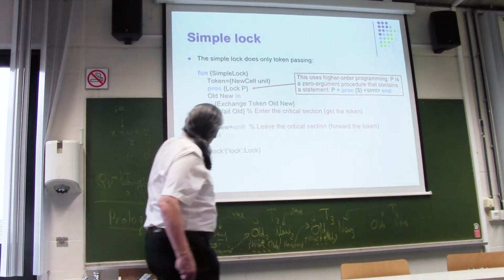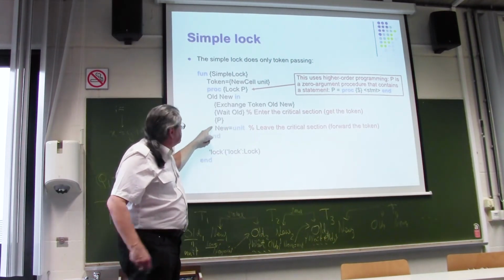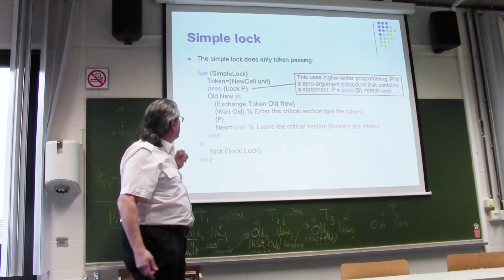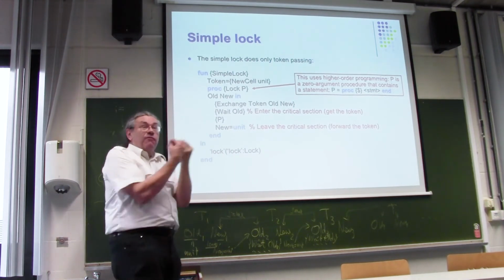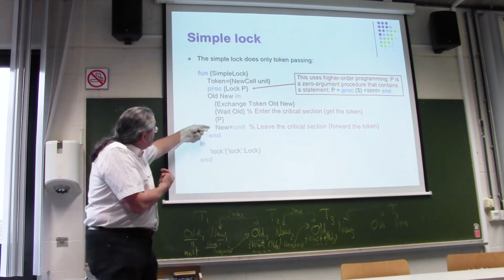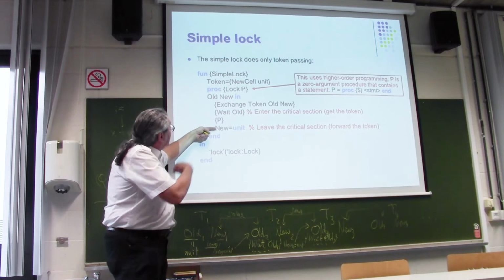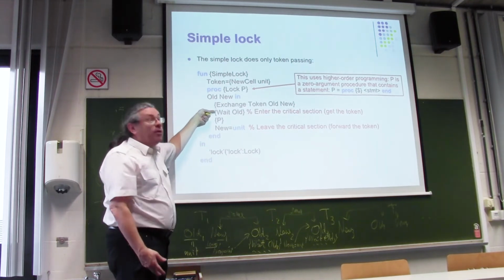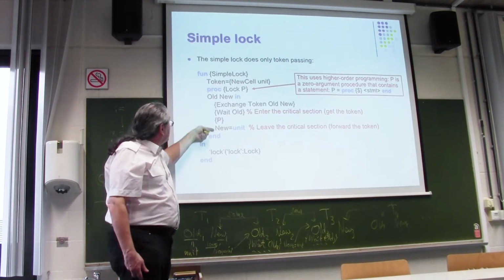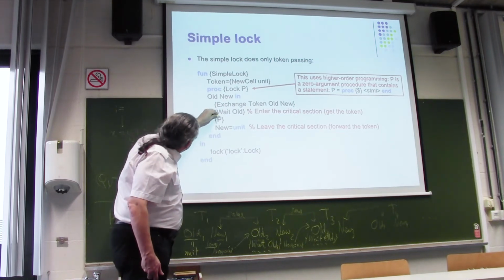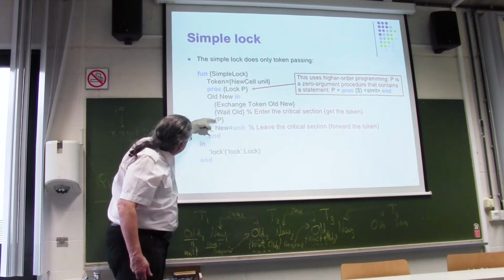So passing the token, this binding is passing the token, it's forwarding the token. And the wait is waiting for the token. And the previous thread will pass the token when it leaves, okay, and then the next one will go in. So notice, if you do this, if you're inside of P, the only way to be in there is if